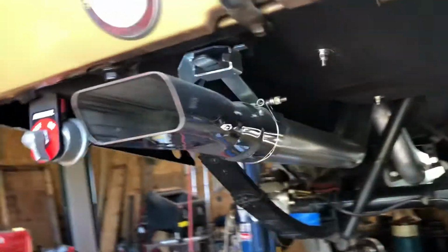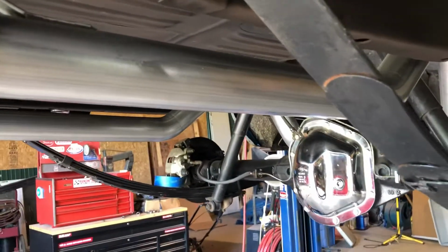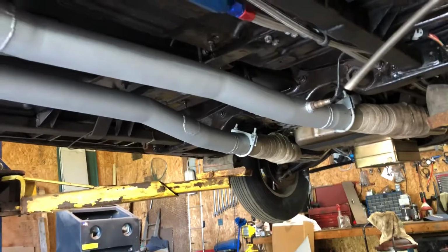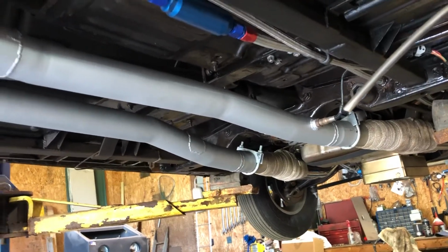Here's the exhaust, TTI, with TTI 3-inch tips. We've had the car running again, and it sounds amazing with these welded Ultraflow Dynamax mufflers on them. It's a story and a half to me. It took 26 hours for me and about 8 hours of help from my father to get these